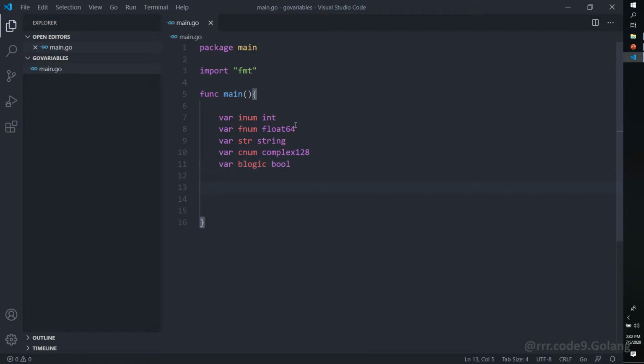Okay, let's go ahead and print all these variables. So we can do it like this: fmt.Println inum, fnum, str, cnum, blogic.